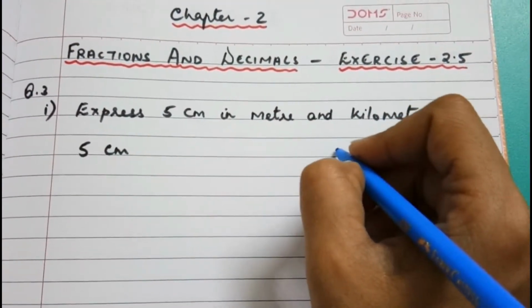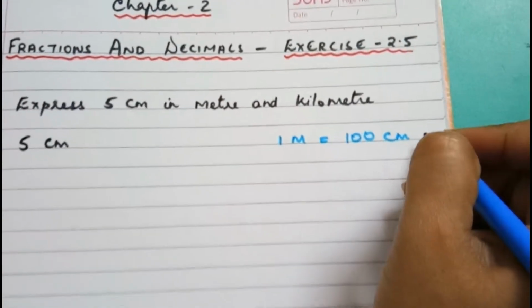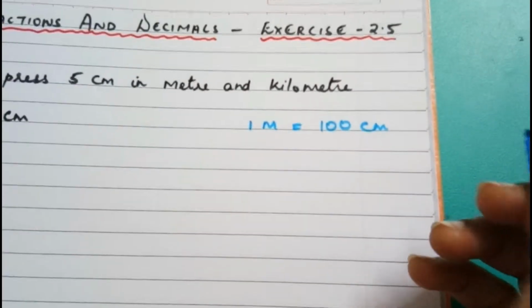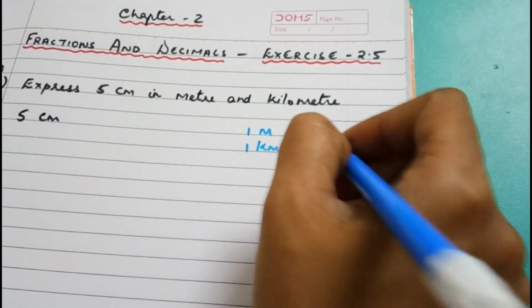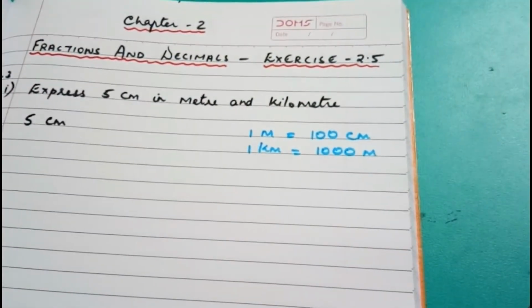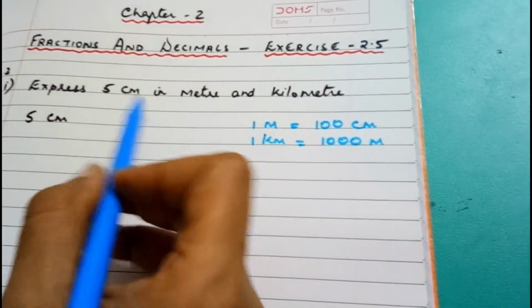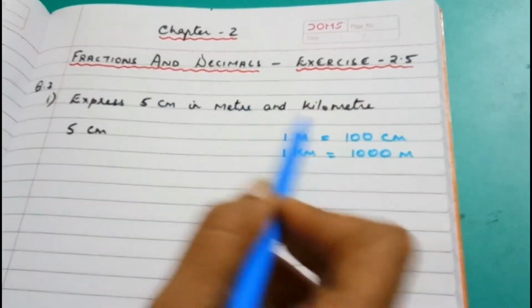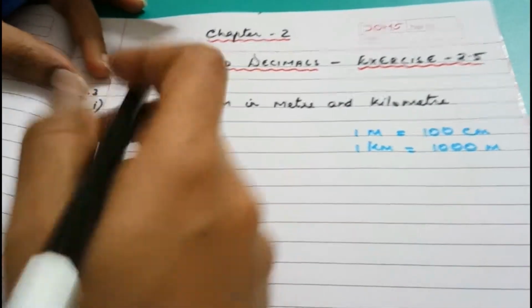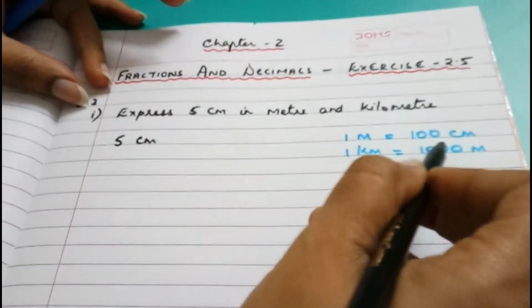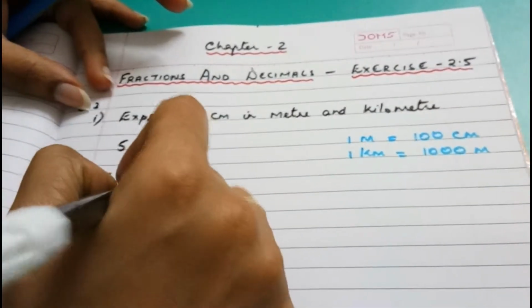Now 1 meter is equal to 100 centimeters. We all have studied this in the smaller classes, right? And 1 kilometer is equal to 1000 meters. Now on the basis of these formulas, we will calculate and convert this 5 centimeters into meters and kilometers. So let's start doing that. Now 5 centimeters. Since 1 meter is equal to 100 centimeters, 5 centimeters can be written as 5 by